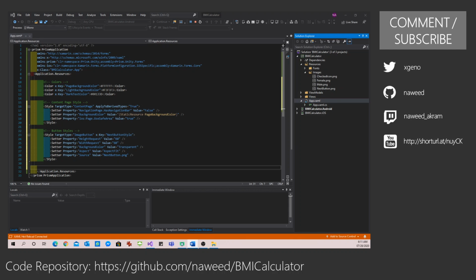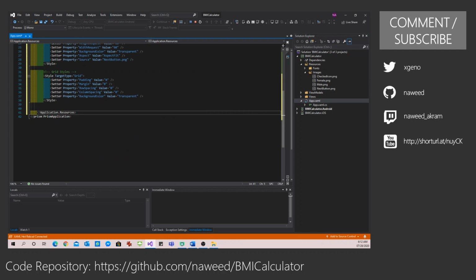Next on, I'm going to have some styles for my grids. Usually I work with grids a lot, and I prefer to have 0 column spacing and 0 row spacing and no padding and no margin. So this is the style that I'm setting, so that in every grid I do not need to go and define these properties. And lastly, I am going to define some styles for my labels, which I'm going to be